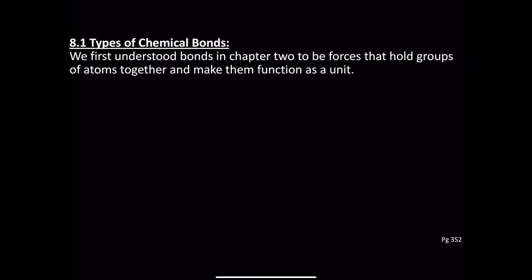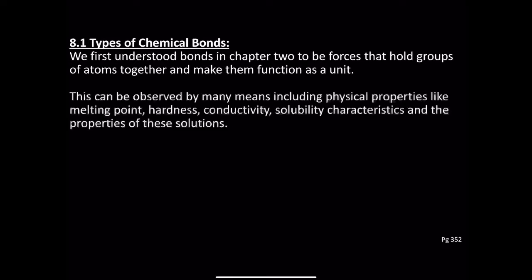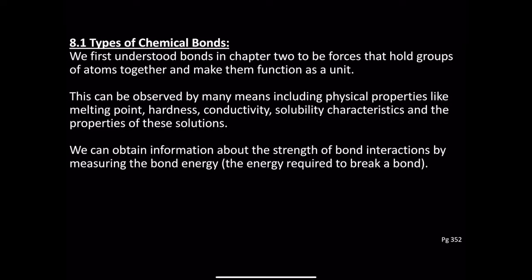So hopefully you remember a little bit about this from some of our first couple of chapters in this textbook, but we first understood bonds in chapter 2, and they are forces that hold groups of atoms together and make them function as a unit. So instead of being individual atoms, they now are forming as a new unit. And this can be observed by things like physical properties, melting point, hardness, conductivity, solubility characteristics, and the properties of solutions like that as well. So things that have been chemically bonded will behave differently than individual atoms will. And we can obtain information about the strength of bonds by measuring the bond energy, or the energy required to